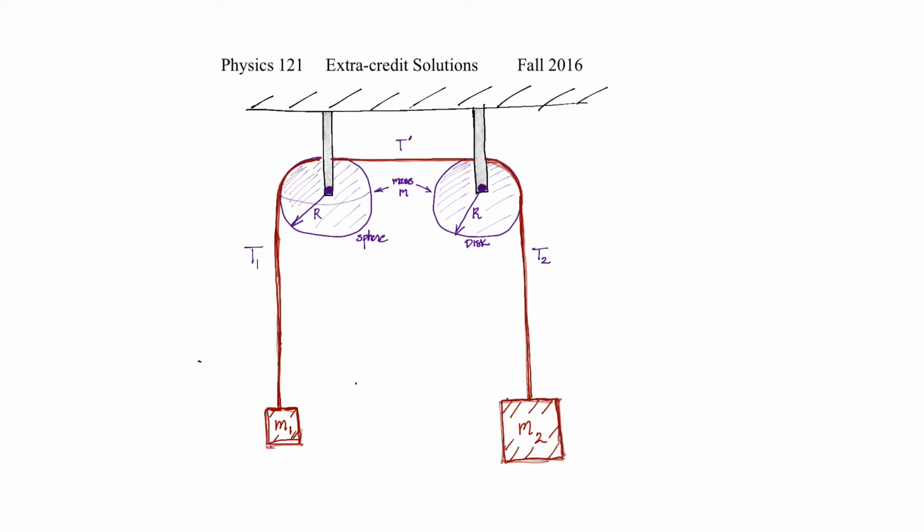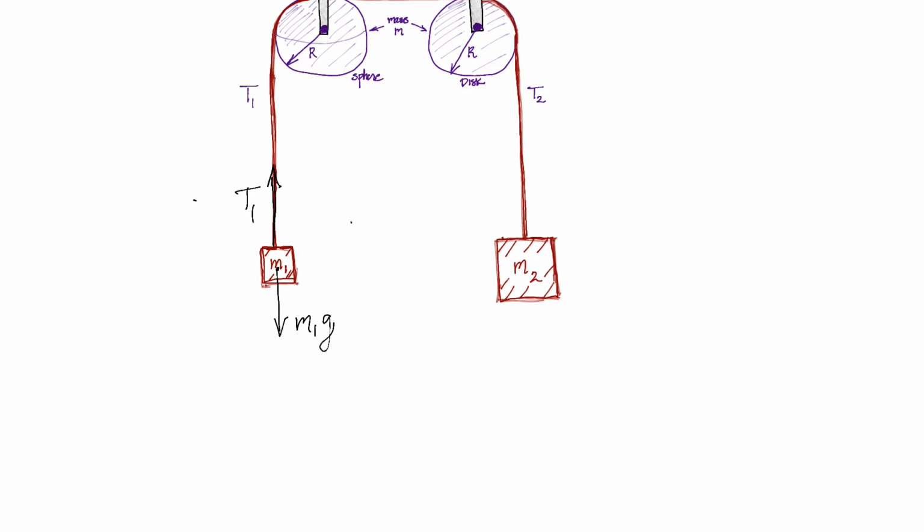So I'll start by drawing a free body diagram for the left mass. There are two forces acting on it. There's gravity acting down, that's M1G. There's a tension in the rope acting up. I'll call that T1. And the mass on the right, which is of course bigger, it has to have a larger force vector from gravity, that's M2G, and the tension pulling up, which we'll call